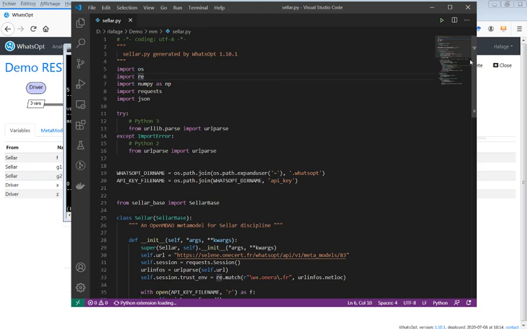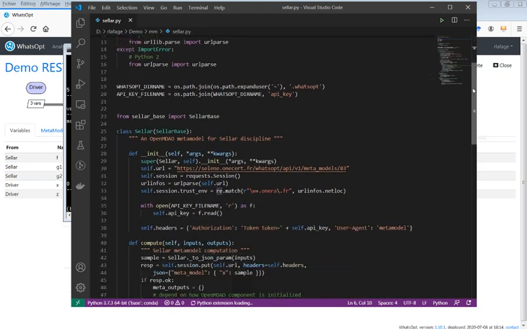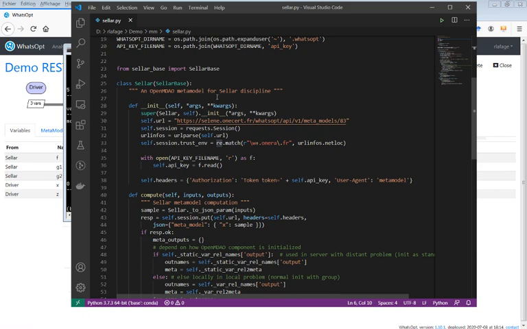So this is the code of the Cellar component we have generated, and we can see here that we have some boilerplate in Python to make a REST API call using the requests Python module. So we call that URL,